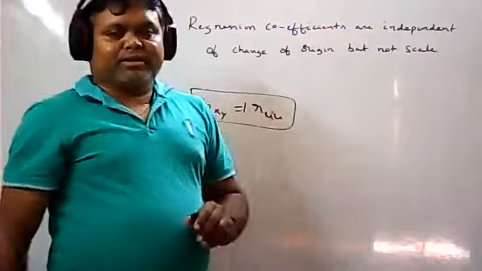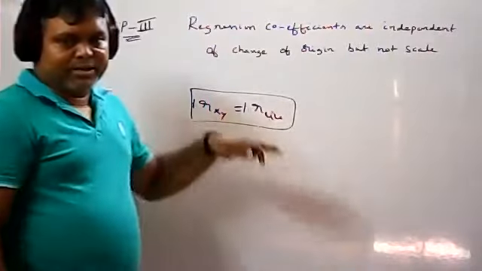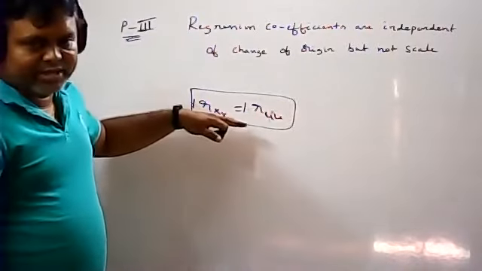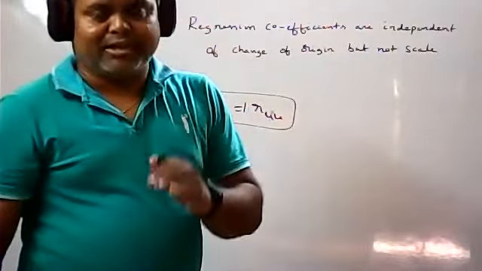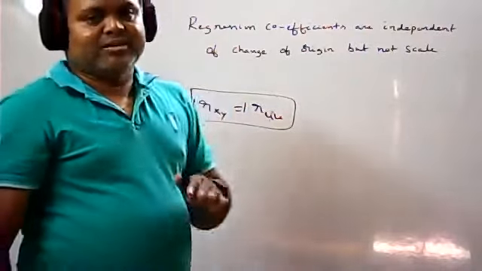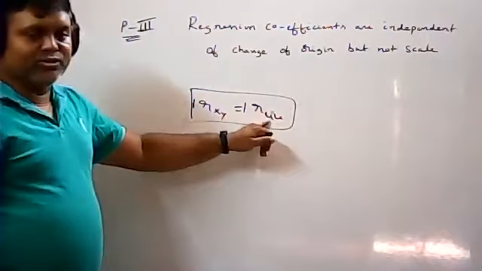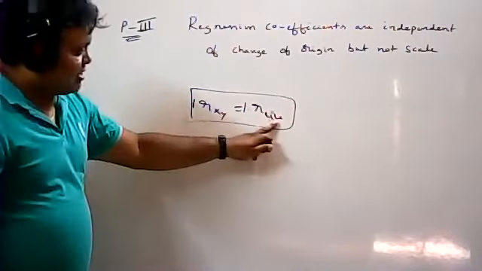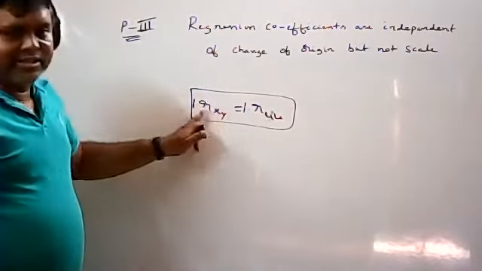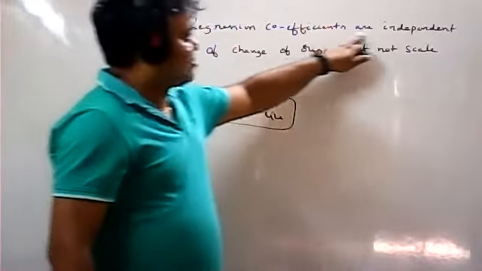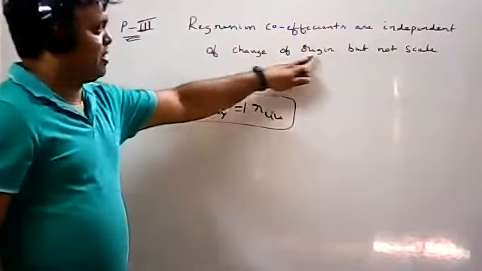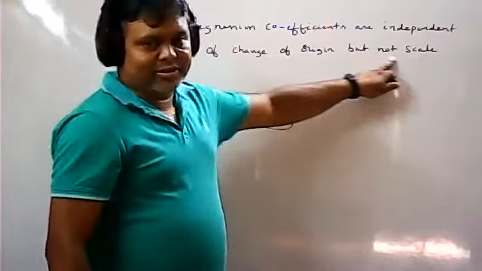So, properties of the correlation coefficient, we have discussed this property. The correlation coefficient is independent of change of origin and scale. There you have proved Rxy equals Ruv. So origin is not changed. Scale is also not changed. But what is the property here? Regression coefficients now you have to consider. Regression coefficients are independent of change of origin, but not of scale. You have to prove this one.